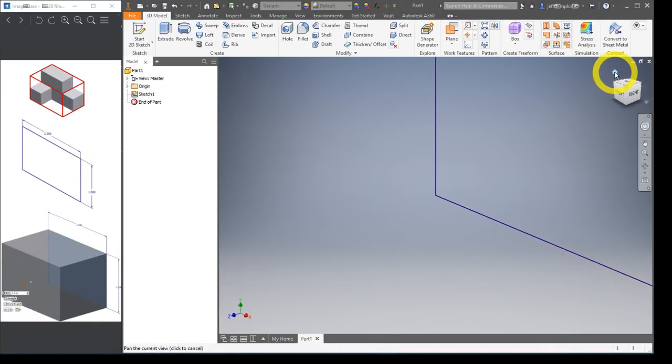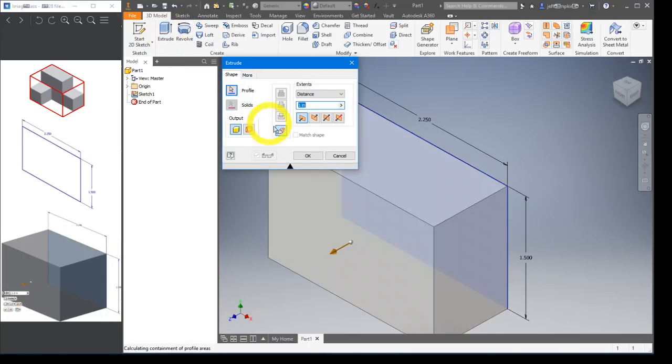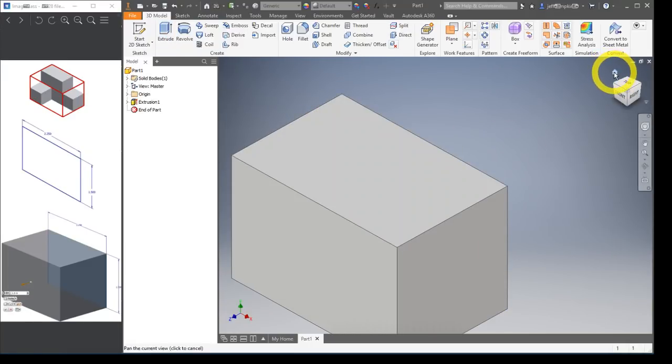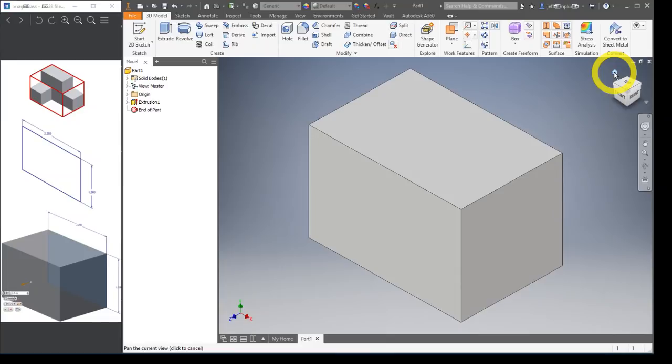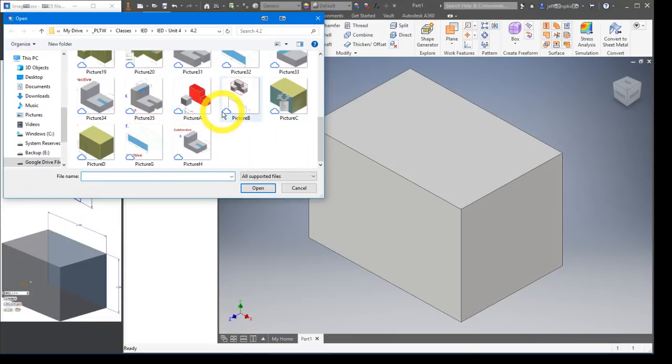Click on my home view, go to the extrude button. As you can see, my object is now extruded, but it's only extruded 1 inch, so I'll change that to 1.5 inches. Again, go back to my home view so that I can see what it looks like. The next step requires that